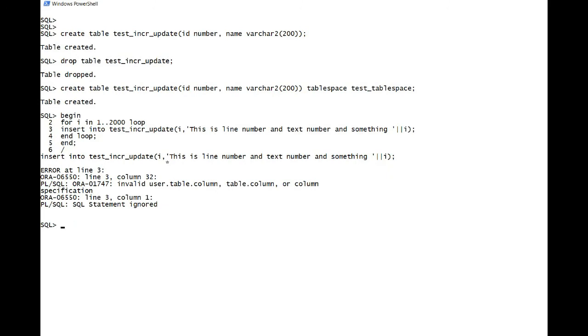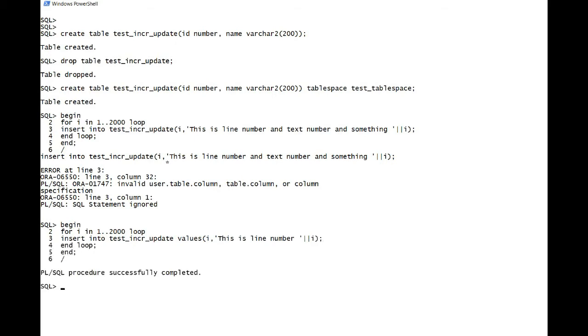Okay, there are no values here. Insert into test_incremental_update values, this is I and this is line number, something like that, and loop and commit.